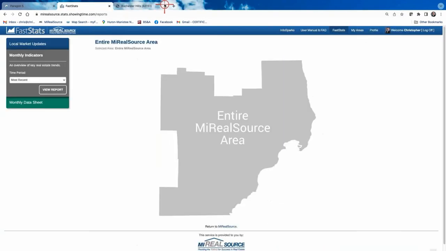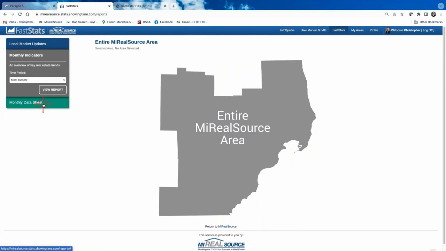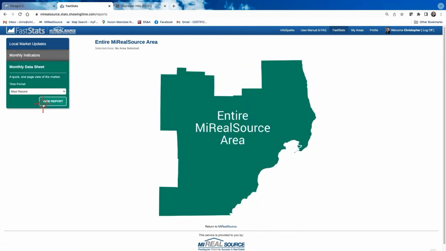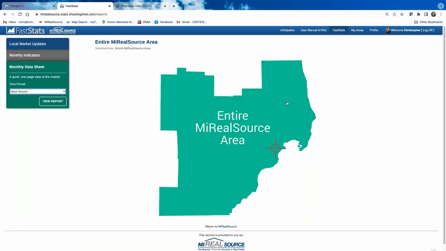So that's the monthly indicators. Again, that's only for the entire MLS area. And we're looking at these tabs. Local market update was the first one, then monthly indicator. Monthly data sheet I kind of like. Again, this is similar to the other ones. You can go back and select a different month if you need to. This is an entire My Real Source area